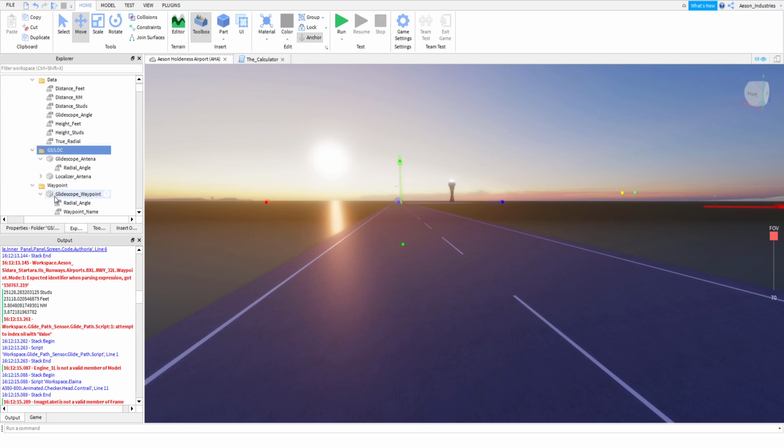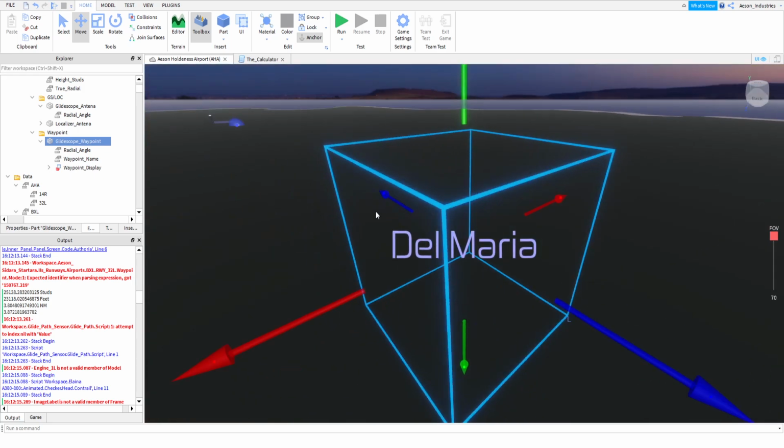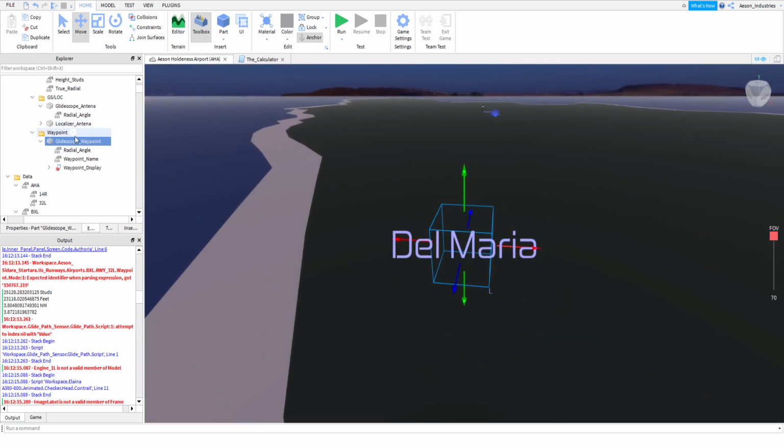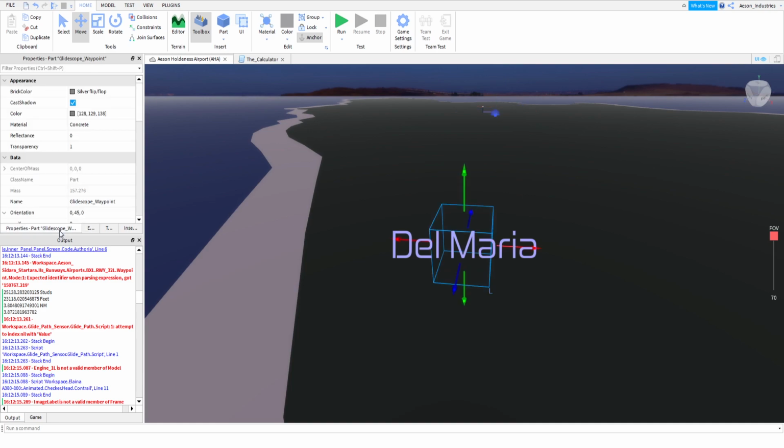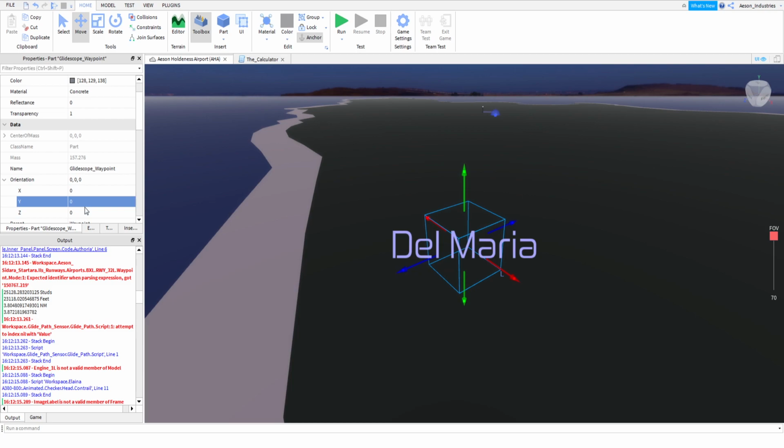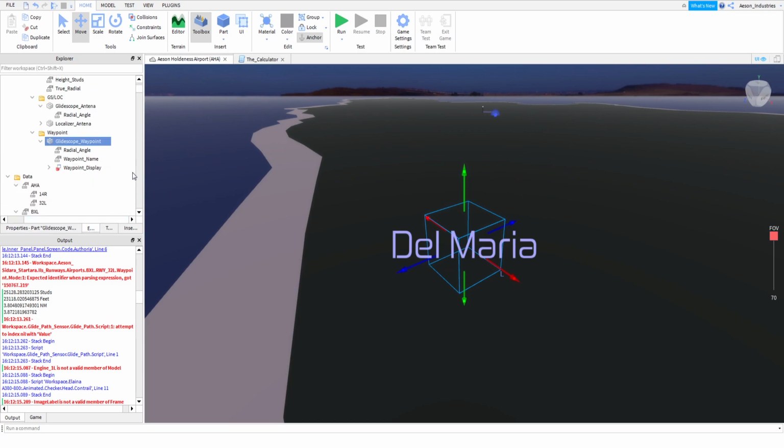Now the part that will interest you more, I wouldn't say more difficult, is the glide scope waypoints, okay? So how do we do the glide scope waypoints? Let's make that, it's supposed to be facing there, of course, almost forgot. So how do we do the glide scope waypoint? Well,